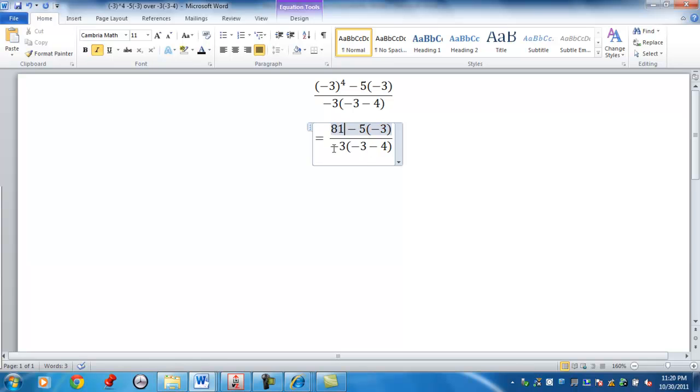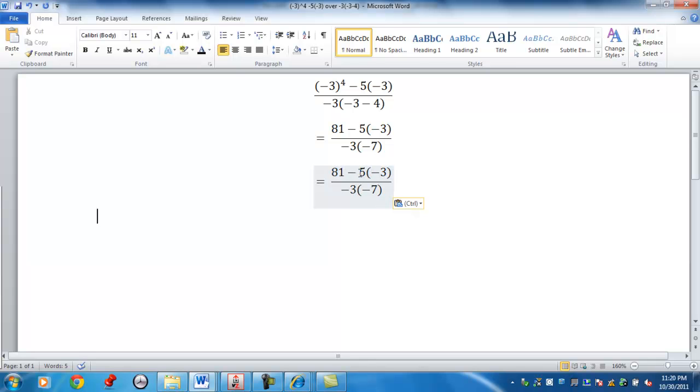In the denominator, my first step would be using the order of operations inside the parentheses. I have a negative 3 minus 4, which is the same as saying negative 3 plus negative 4. We're going to combine those two together, which will give you a value of negative 7. Next step,